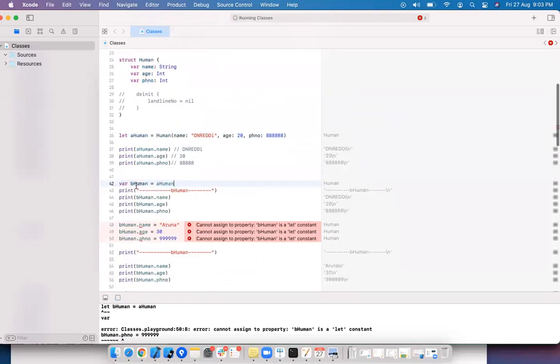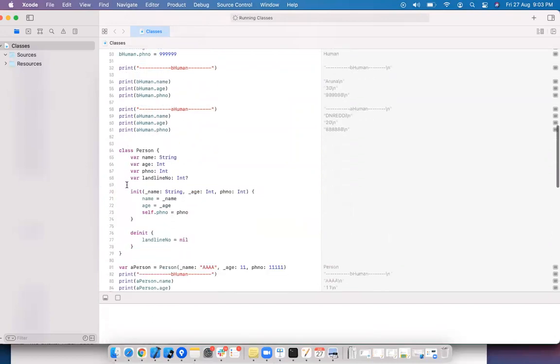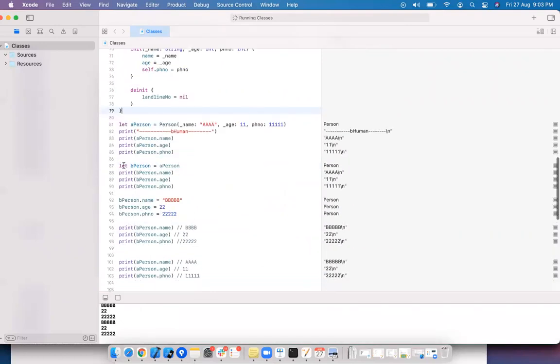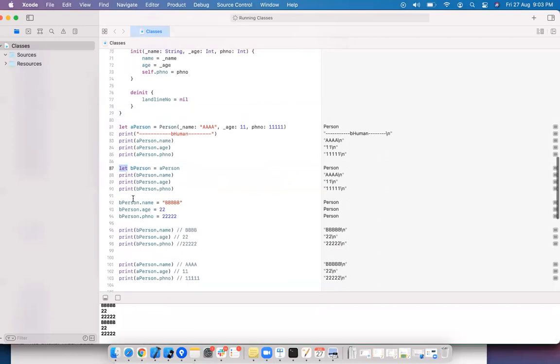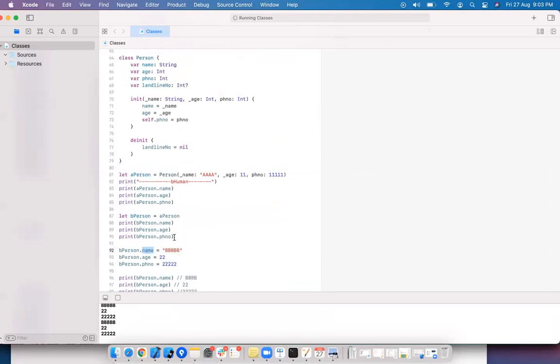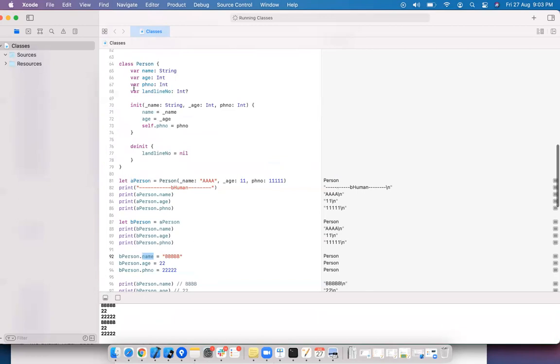The actual reference also should be a variable, otherwise you cannot modify. In case of classes, if you see, let A person, let B person, we have taken let only here. Though the B person is let, what we actually need is the name, and I am trying to change the name. Name is a variable here, so it is allowed.